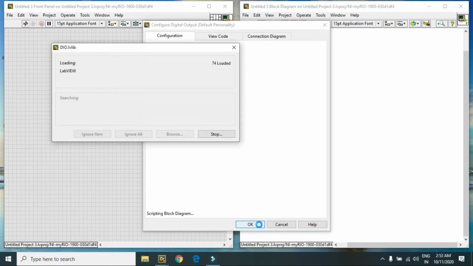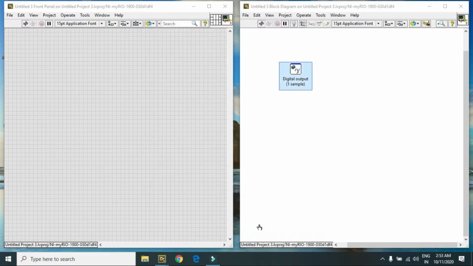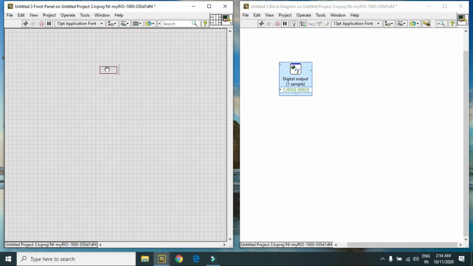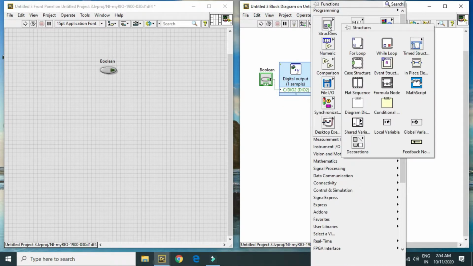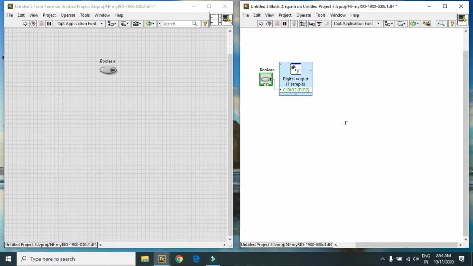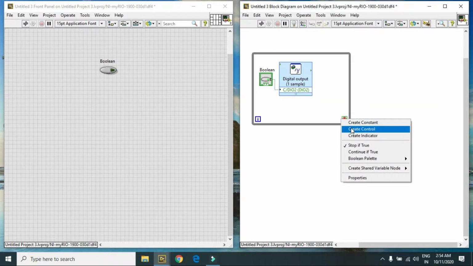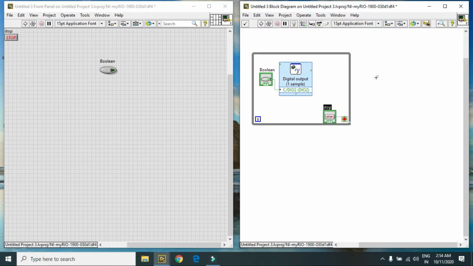And you have to create a control signal for this Express VI. So here I just take a push button, and now I connect it to my Express VI, and for continuous data I create a while loop over there. So this is the software part.